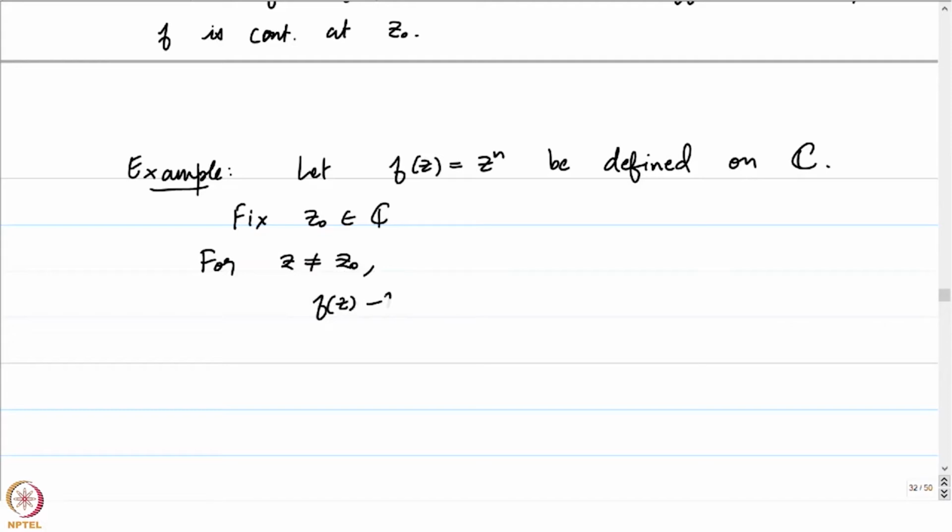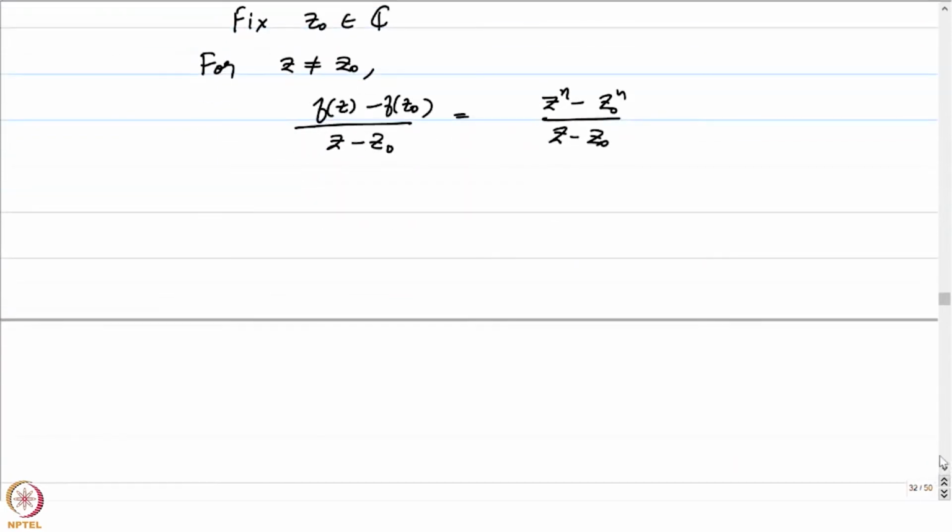we have f of z minus f of z naught by z minus z naught is equal to z to the power n minus z naught to the power n by z minus z naught. Geometric series, actually you should sit down and check that this is exactly equal to z to the power n minus 1 plus z to the power n minus 2 times z naught plus up to z naught to the power n minus 1. This is precisely the geometric series, which you can check inductively if you want. If you are not convinced, you can prove this inductively,